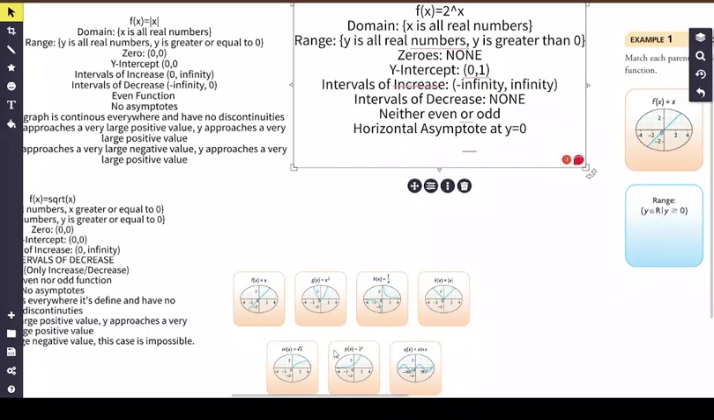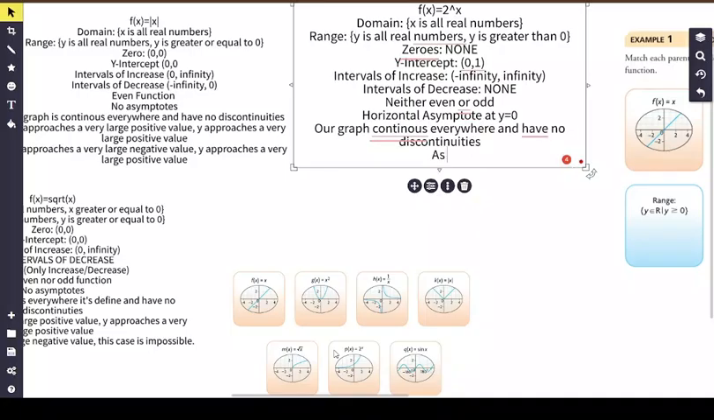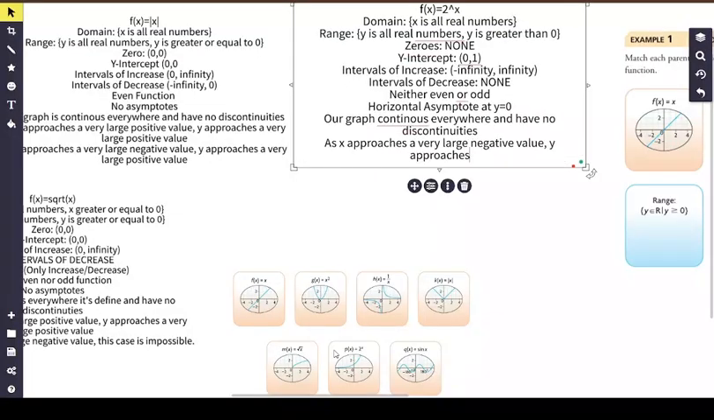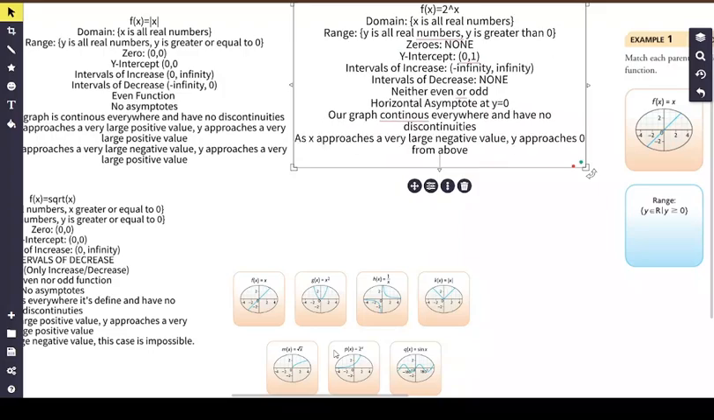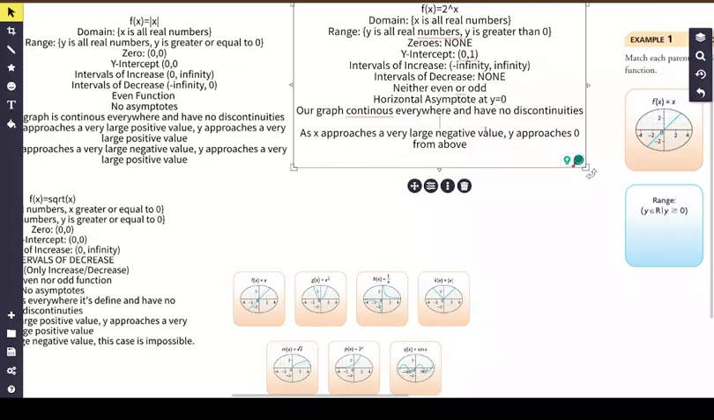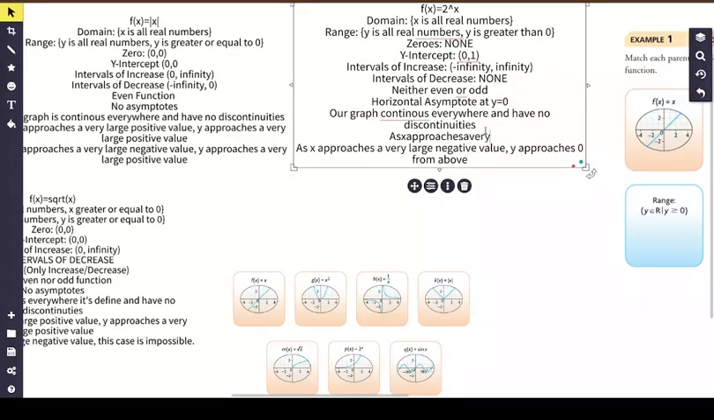However, because it's a horizontal asymptote, our graph is still continuous here as everywhere and has no discontinuities. And now let's talk about the end behaviors, which we already talked about. One of them is as x approaches a very large negative value, y approaches from above. Now we've got to talk about the other case, which is as x approaches a very positive